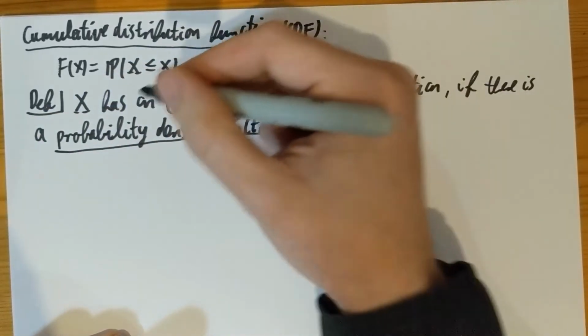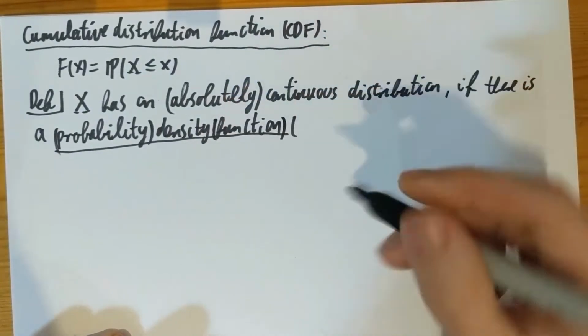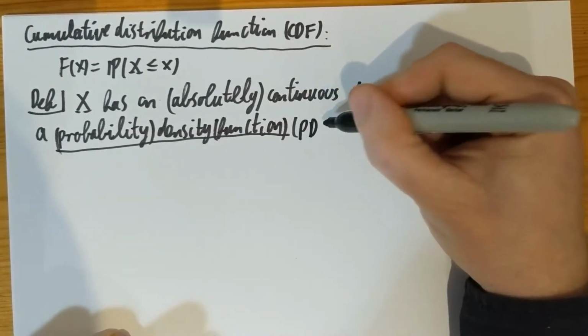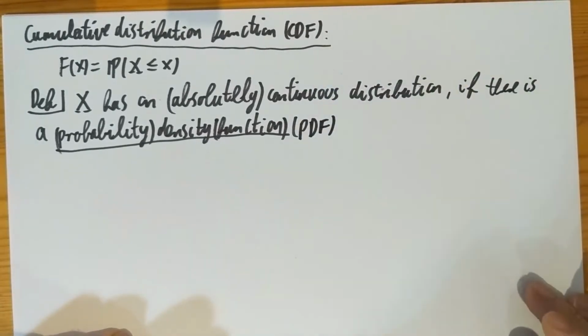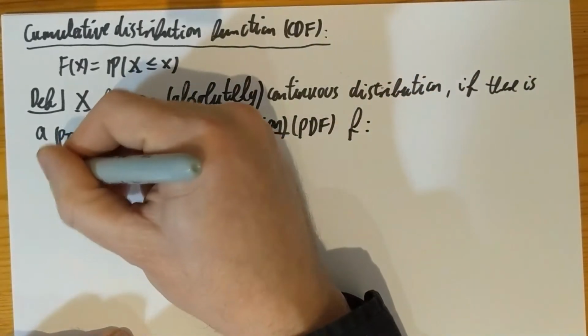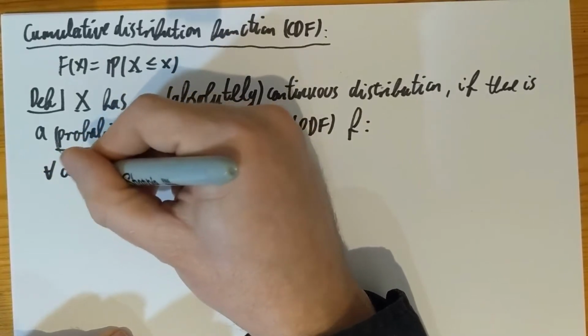Some people forget about probability and some people forget about function and just say density, and some people will say PDF for probability density function, little f, such that for every x, well, let's use a, for every a real